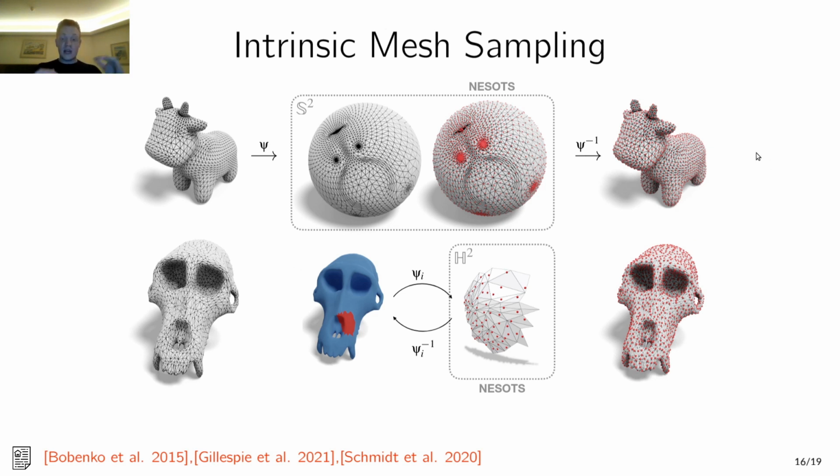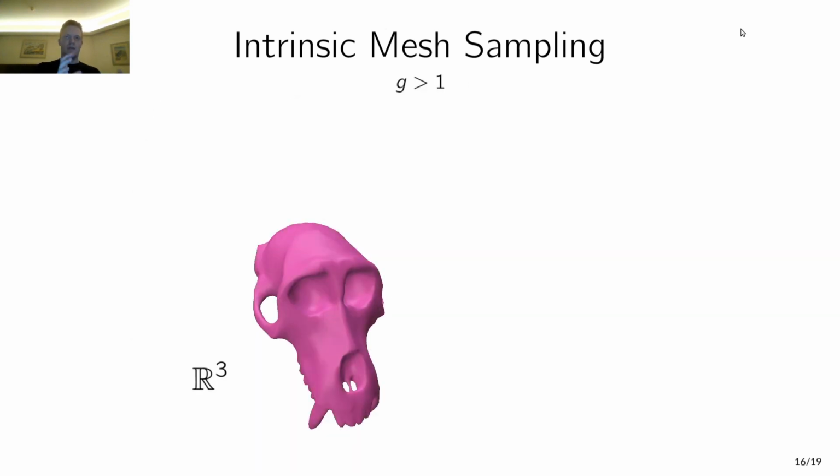Okay, in the case of the sphere, it is absolutely straightforward to apply your algorithm. You can define any density on the mesh, map it to the sphere, sample it using our algorithm, and map it back to the mesh. Okay, and so it is very straightforward and it works quite well. But then for the hyperbolic case, it's a bit more tricky. Okay, because even though the conformal map exists from your mesh to the hyperbolic plane, there's going to be way too much numerical distortion in most cases. So it is not possible to use it